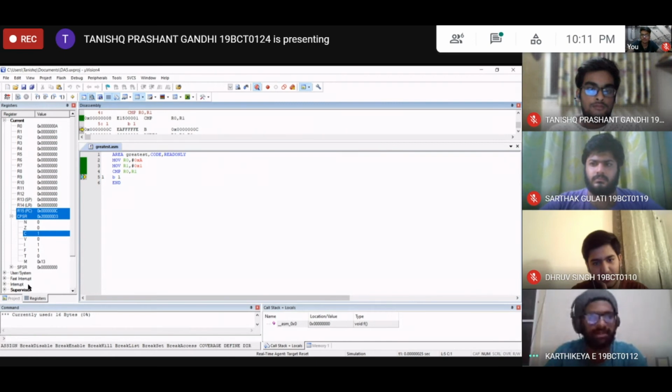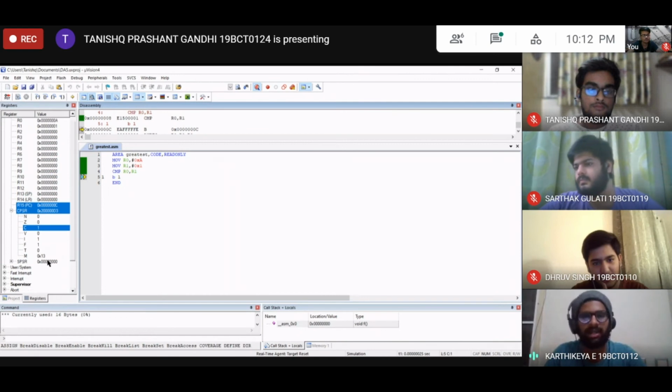in ARM, that is basically called the current program status register, CPSR. This register is set automatically during an arithmetic, logical, or shifting operation. Over here, it's basically a logical operation. This register has 4 bits. The first one is the N bit, the negative bit. The negative bit is set when the result is negative in 2's complement arithmetic. So when the value is negative, N will be set to 1.